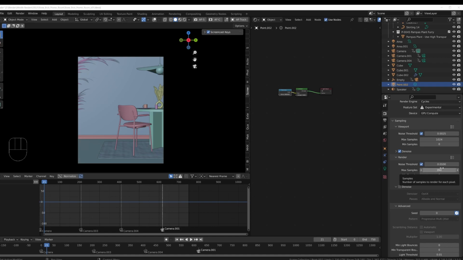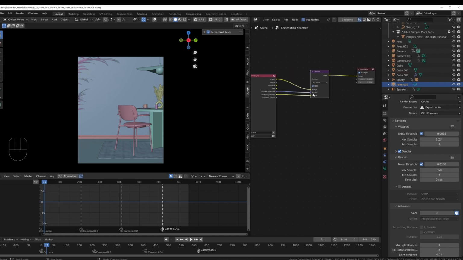By the time it gets to 350 samples, it's almost cleaned up. And then in the compositor, I just add quite a simple denoise node. So I have not enabled denoising here, but instead I've just enabled it here, which gave me a very, very nice result. And especially for an animation at 750 frames